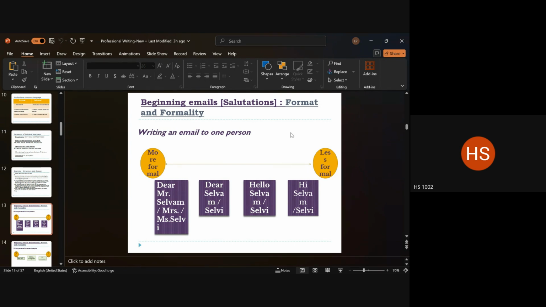Now, when you write the person's name, you have a couple of options in the formal way. Either you just write the last name of the person. So if my name is Lida Paul, and if you're writing an email to me, you write Dear Miss Paul. Okay, you have the option of writing it like that, Dear Miss Paul. Or you can also write my full name if you know it, right? You can say Dear Miss Lida Paul. Both of these options are considered formal. Okay. So either you say the full name or you say the last name.